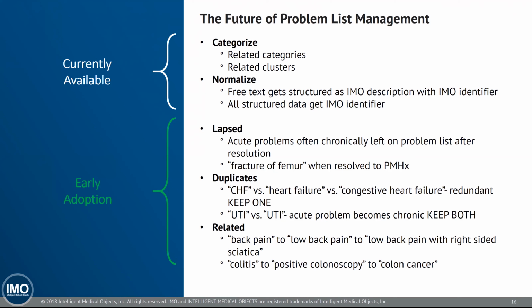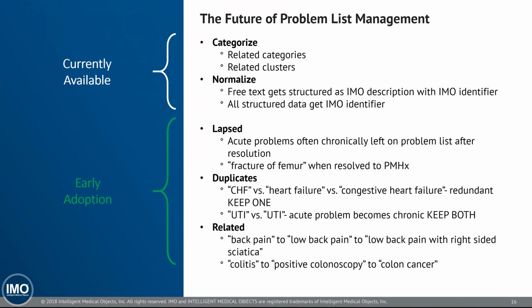The first one is problems that have a natural time course associated with them. For example, pregnancy. As far as I remember from medical school, it should last about 9 months. So someone who's been pregnant for 2 years on the problem list, it's probably an expired diagnosis. A fracture without complication should last 6 to 8 weeks. Acute infections that last 6 months probably should not be categorized as acute anymore. So the idea of descriptions or diagnoses that should have lapsed out on their own, could we present these to the clinician in a way to resolve them?